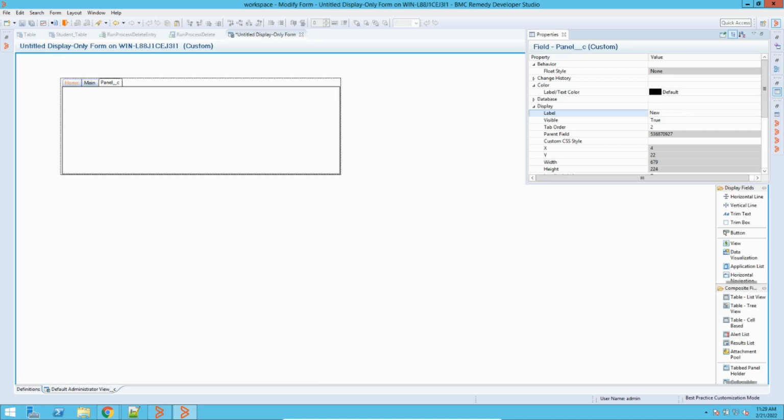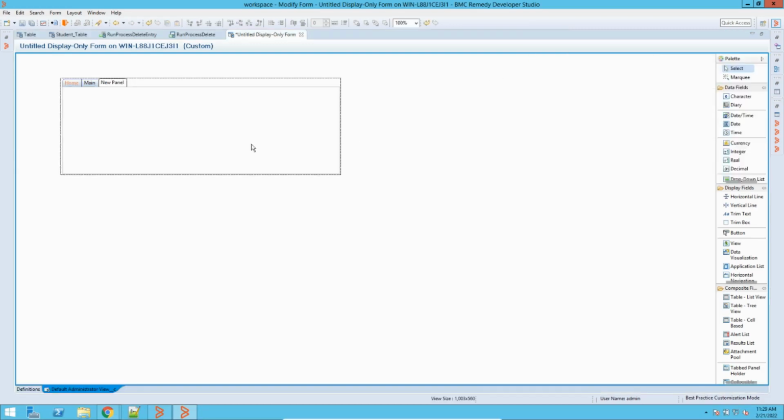Suppose this is new panel. And then you can do the same changes, add fields, and then this start panel will look as it is in the front end.